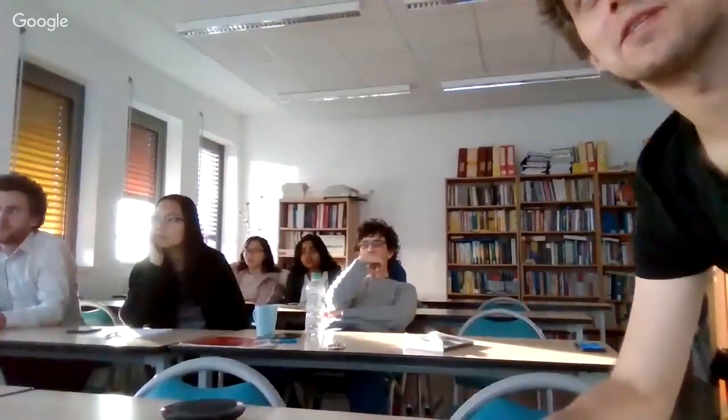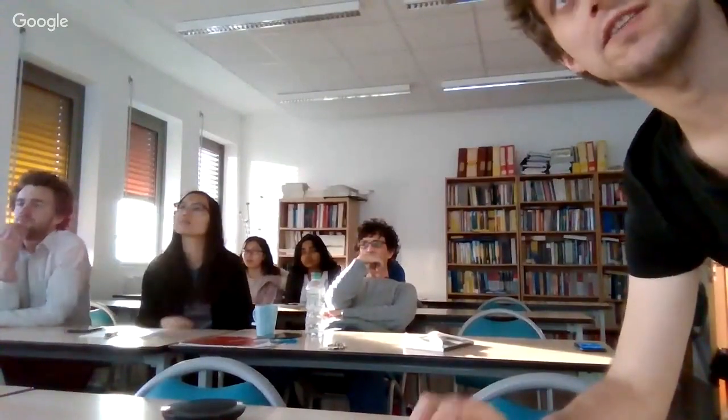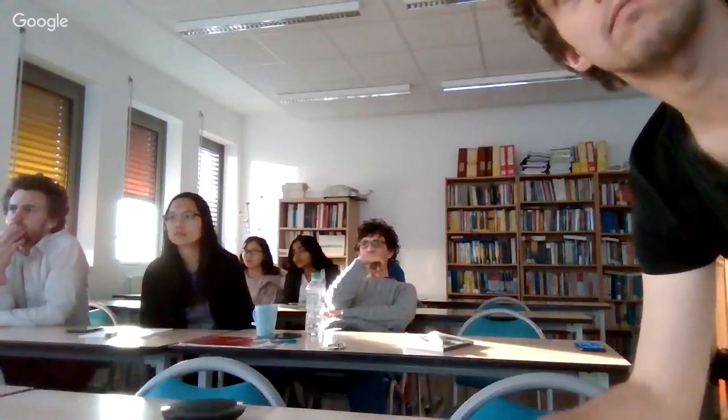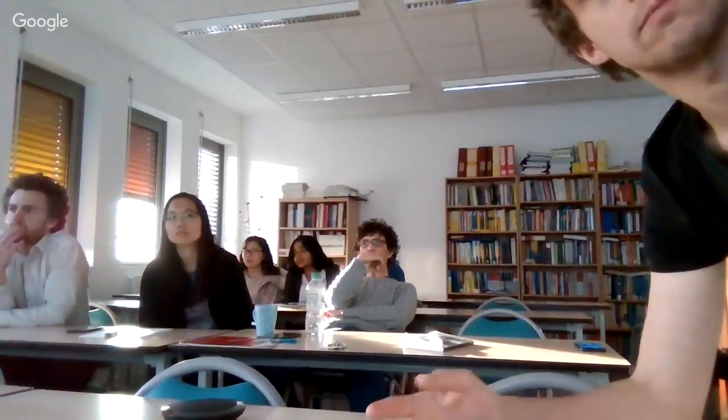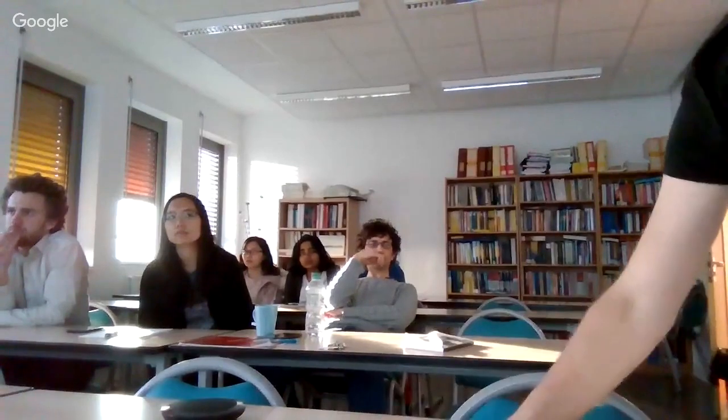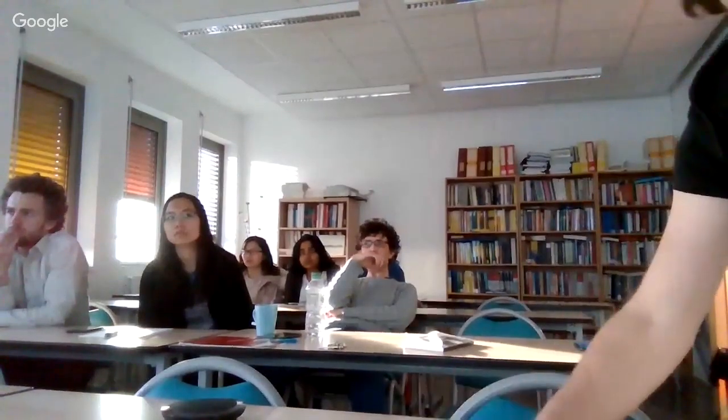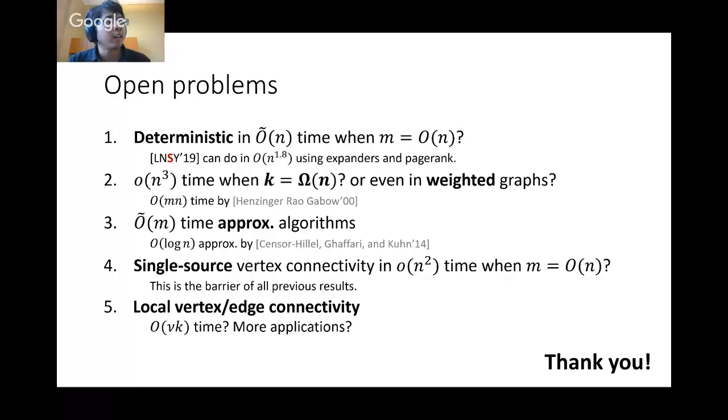Yeah, I have one question. Has there been any work on the promise problem? Like if I promise you that the graph is far from K connected, can you find something? Okay. Sorry, I don't know off the top of my head. This is maybe property testing kind of stuff. I expect that devising a local algorithm, like a sublinear time algorithm, for this kind of setting should be more approachable. But I don't know off the top of my head.